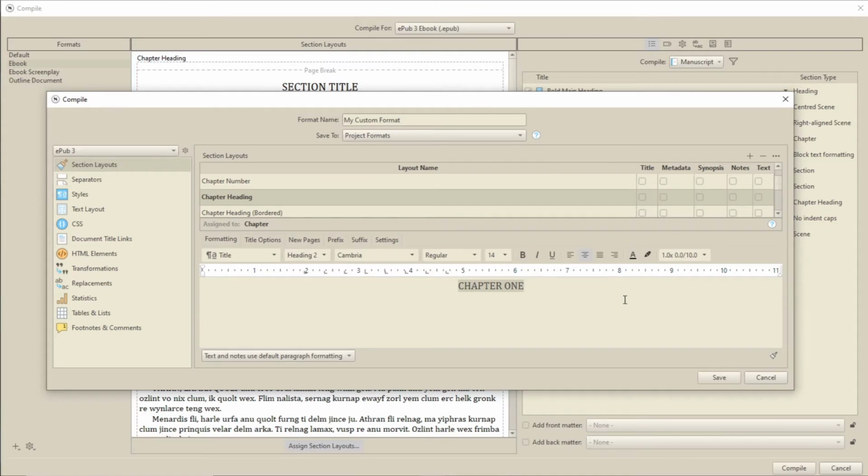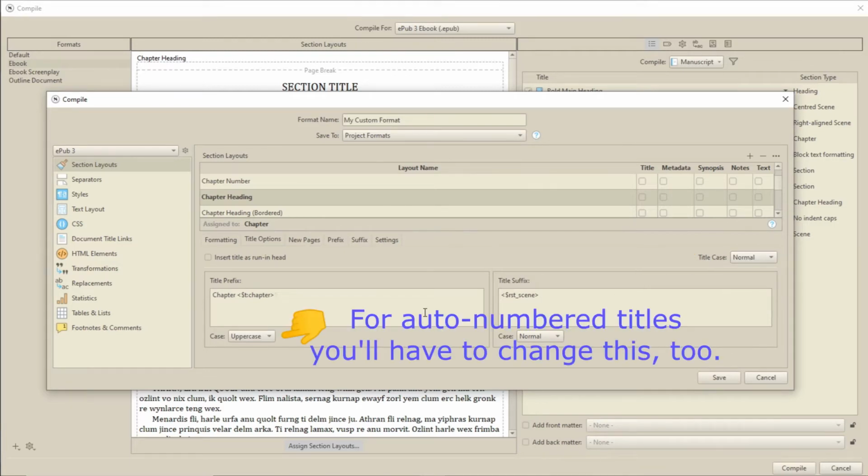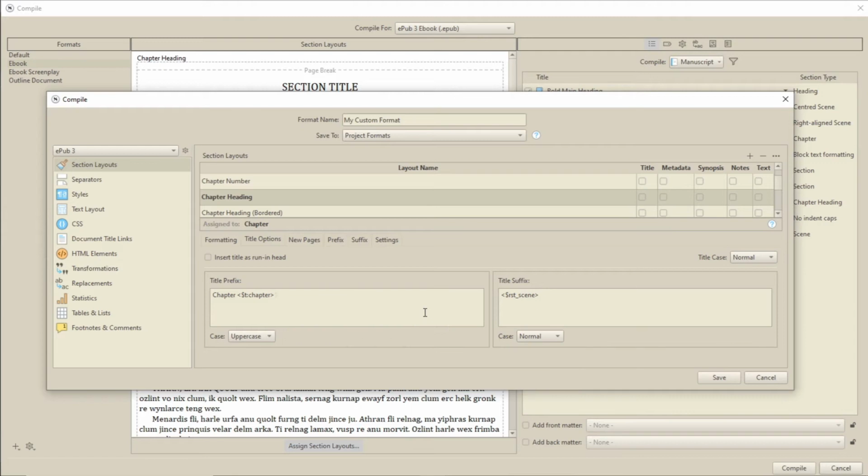In the tabs at the top of the editing box, click on Title Options. Here you can change a couple of things too. You'll notice there's an option to change title case. Below, you can add text to the title or change it. So if you're adapting a title that is an auto-numbering one, rather than a section title, you can actually change the standard text.